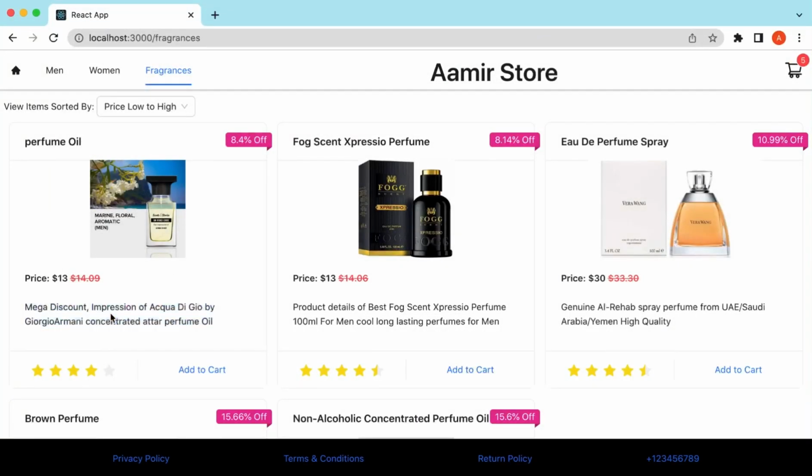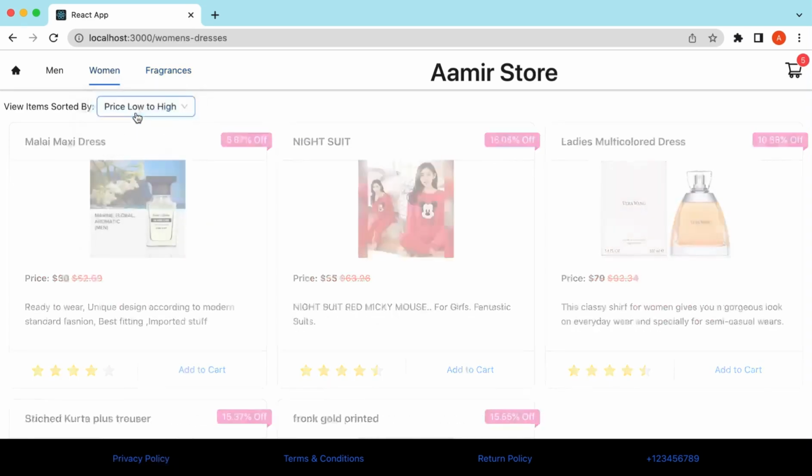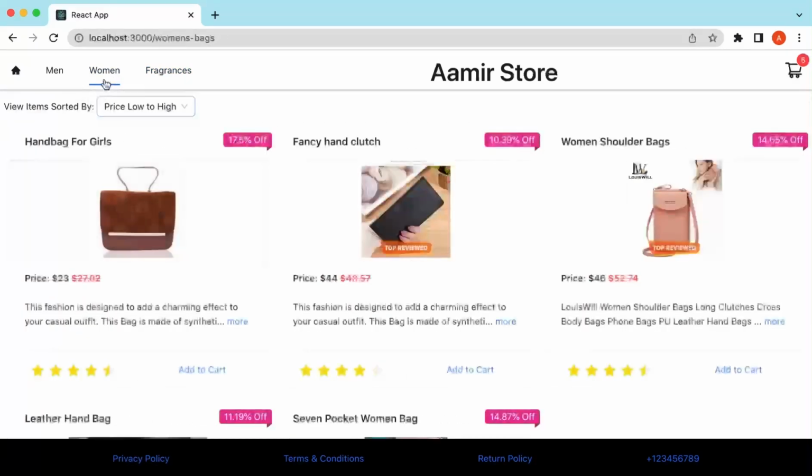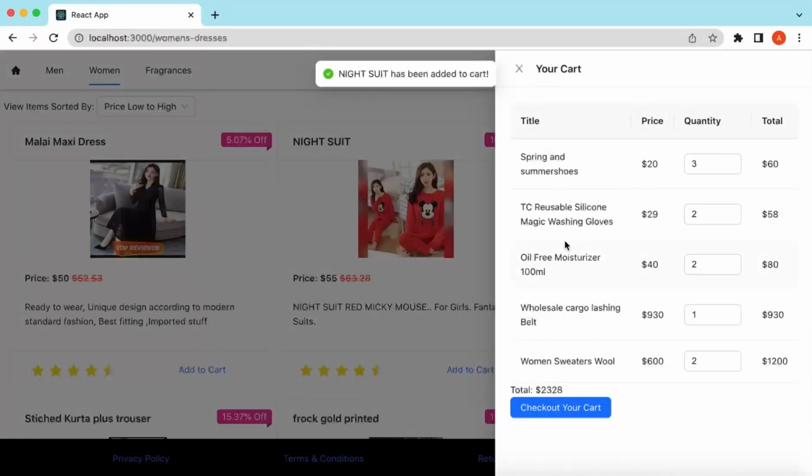And also we will be showing some details of the product, the rating, and add to cart button, and once it's added we show a success message. And also we can sort the items based on different options like alphabetically or based on the price, and then ultimately view the cart, and we show whatever the items user has added and their quantity, and user